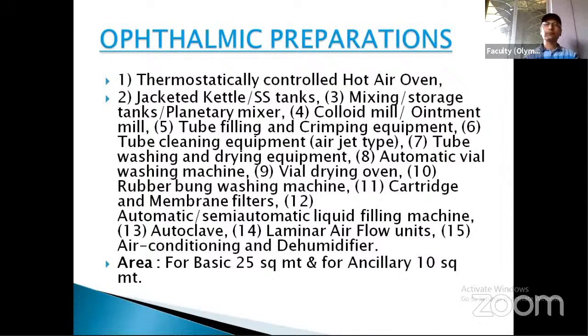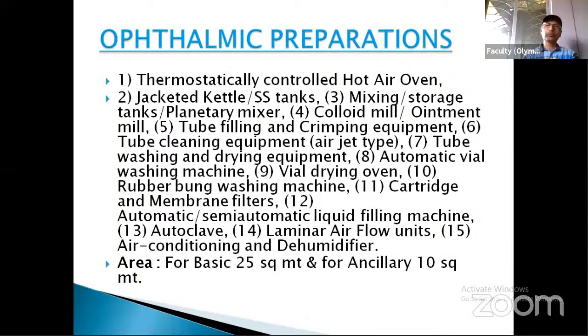So that is why you have to take the machinery here. From the list of machinery, you will see that for the liquid, like oral liquid, and for the ointment, all kinds of machinery will be there, because sometimes you have to prepare ophthalmic ointment, sometimes ophthalmic solution or suspension. So thermostatically controlled hot air oven, jacketed kettle of stainless steel, mixing and storage tanks of stainless steel, planetary mixer, colloid mill, ointment mill, tube filling,